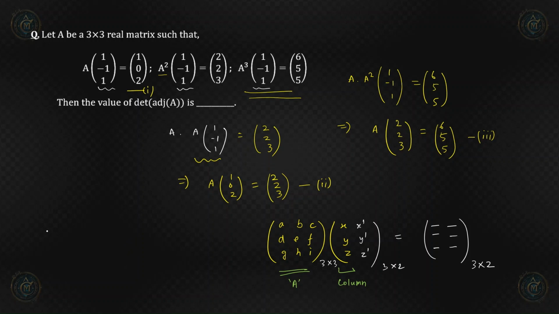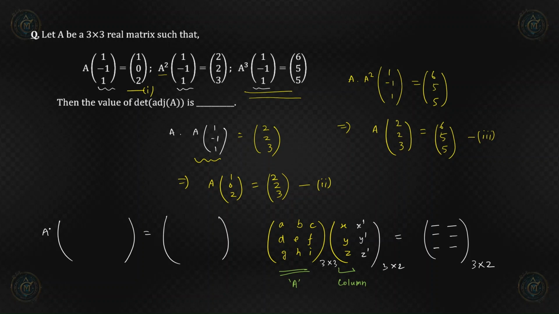That means A times some 3 by 3 matrix equals some 3 by 3 matrix. What is the idea behind this step? We have to calculate the determinant. That means we have to somehow find a matrix equation where all the matrices are 3 by 3 matrices, so that we can take the determinant on both sides, right? Because we cannot take the determinant of a column matrix like this.